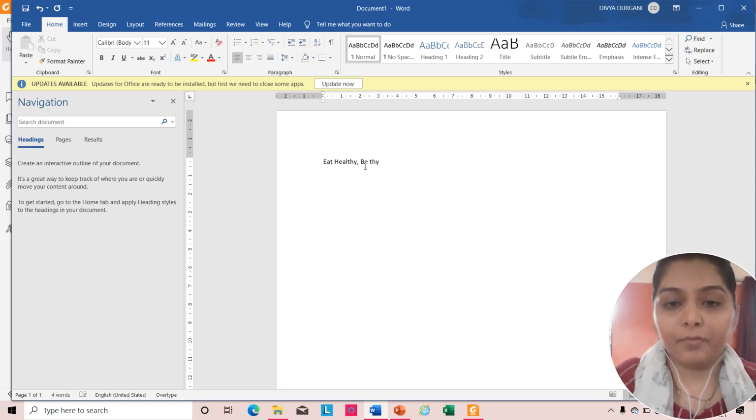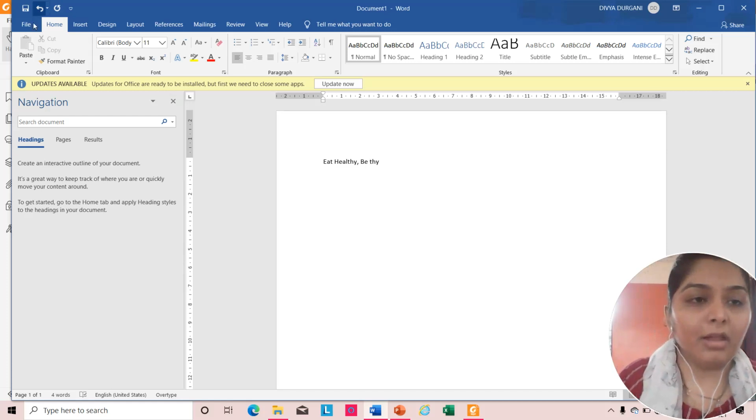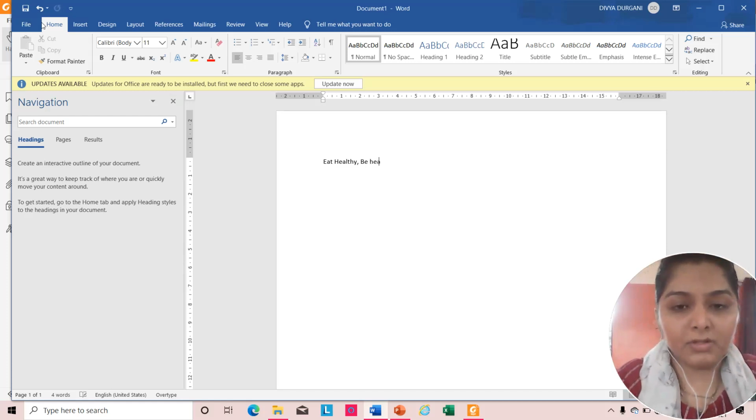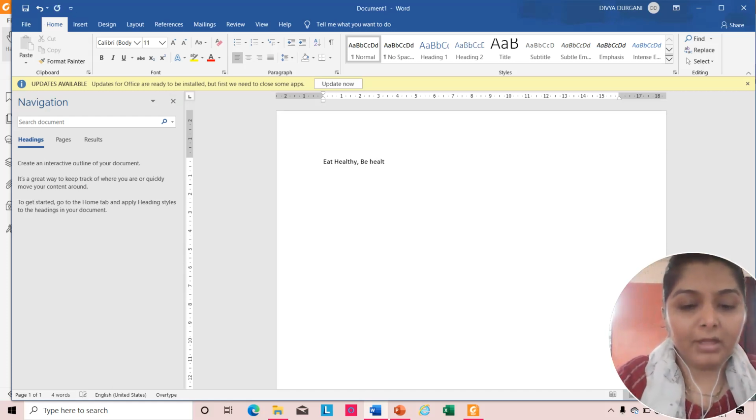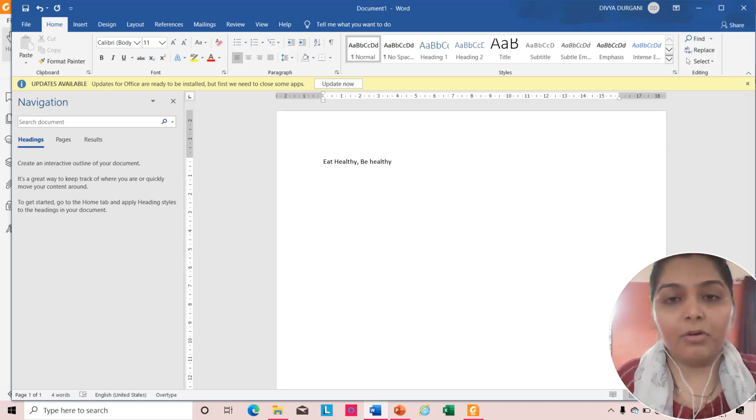So this was deleting the text with the help of the delete button on the keyboard. मैंने क्या किया, first of all I will again write down the spelling of healthy. See, we are currently working in overtype mode, so automatically the spelling was corrected, है ना, देखा ना आपने screen पे? Yes, in this way you can work as well.